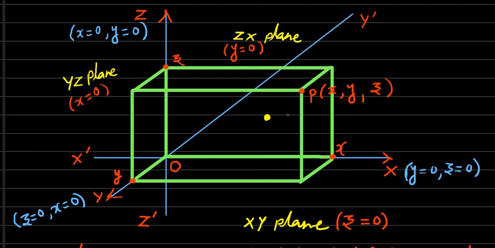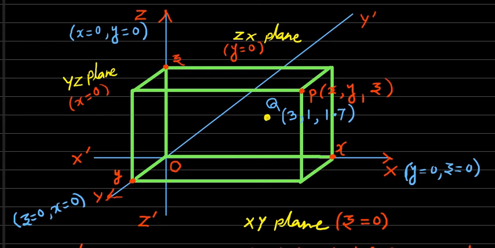Suppose the x coordinate is 3, the y coordinate is 1, and the z coordinate is 1.7. Then what is this? It means that if we draw a perpendicular from this point, which we will denote by Q, with coordinates 3, 1 and 1.7, then